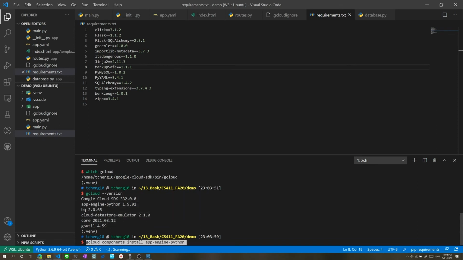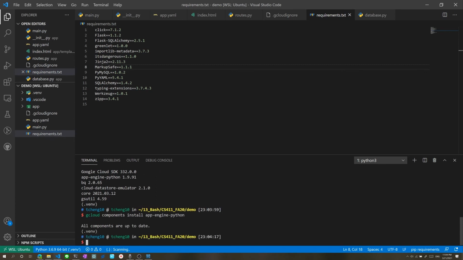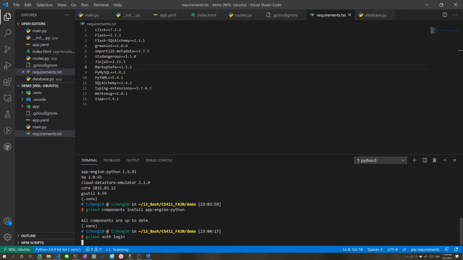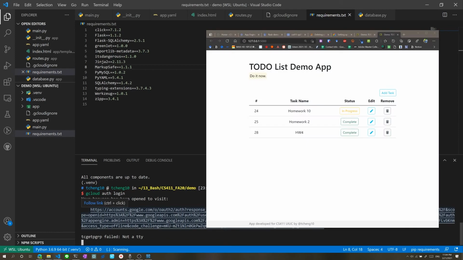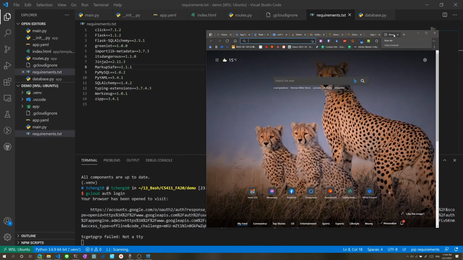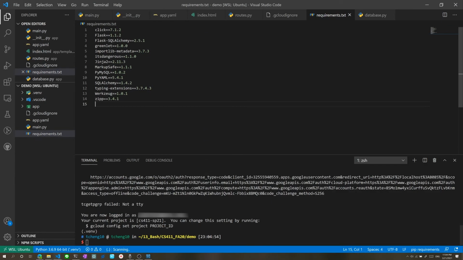I'm going to do gcloud components install app-engine-python. So this allows us to push Python related code and create the app on GCP. Again, I have it installed, which you could also see over here. It is up to date. And finally, I'm just going to do a gcloud auth login. This would prompt a link for you to sign into Google, and I will sign in real quick and be right back. All right, once I have logged in, you can see your logged in information over here